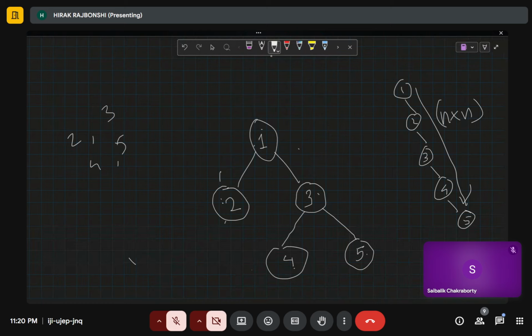Our first step will be to calculate the sum from root to that node, or root to every node. Let's say a vector A of i represents the sum of the path from the root to the ith node, the sum from 1 to i. So if we see,